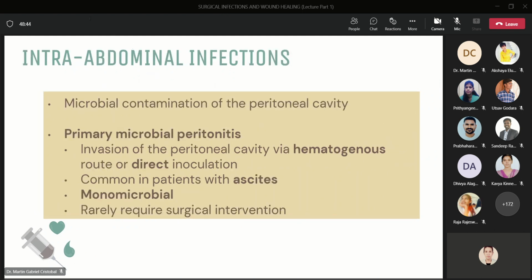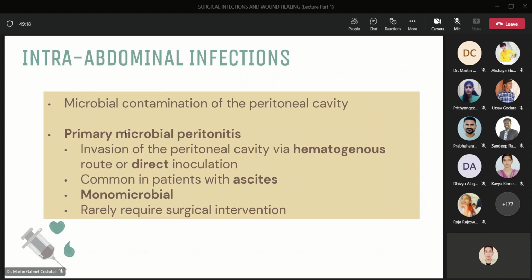Next are intra-abdominal infections. This is defined as microbial contamination of the peritoneal cavity, or peritonitis. First we have primary microbial peritonitis. The microbes invade the normally sterile peritoneal cavity via hematogenous dissemination from a distant source of infection or direct inoculation. This is common in patients with ascites or patients undergoing peritoneal dialysis, and usually this is monomicrobial and rarely